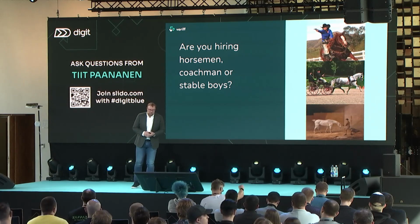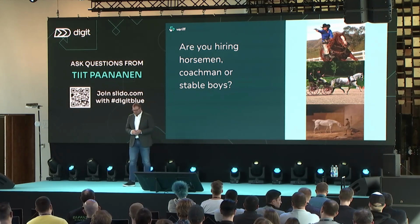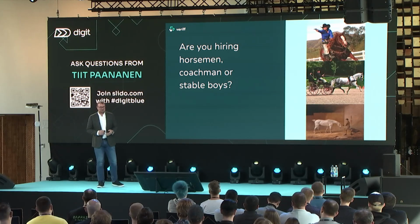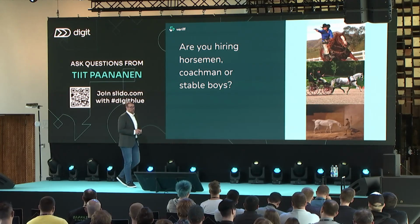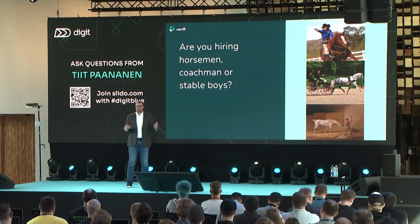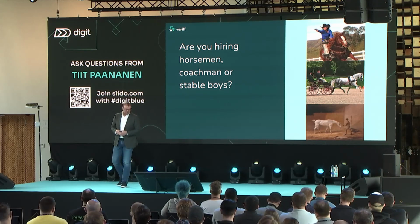Right, so I'm quoting Marty Cagan here from the book called Inspired. What you need is missionaries, not mercenaries. Because if I hire a mercenary, they go and do the kill. But what you need to do is hire missionaries that actually build stuff, right? Alright, let's move on. The second thing,